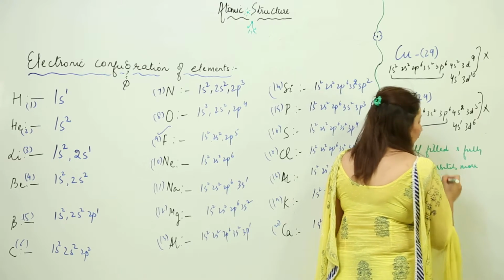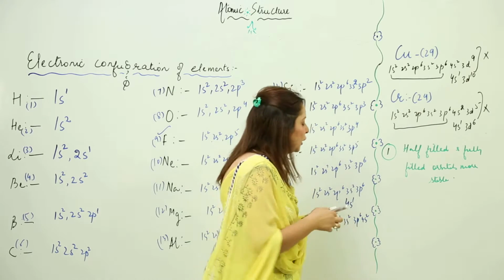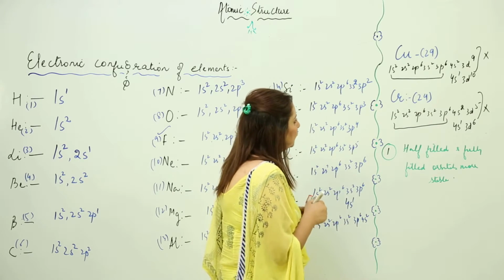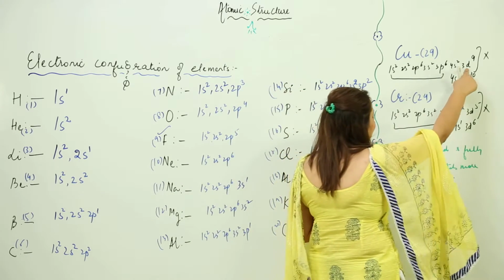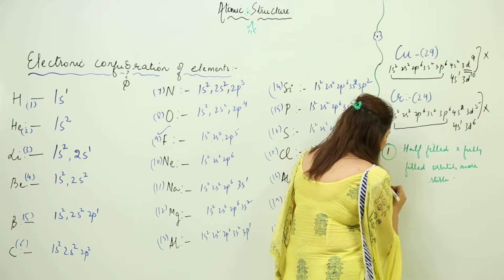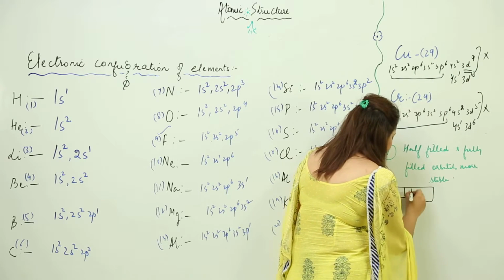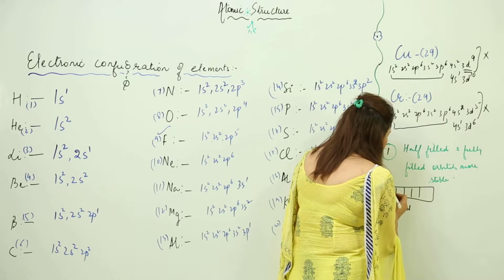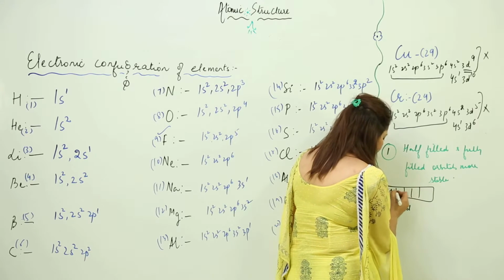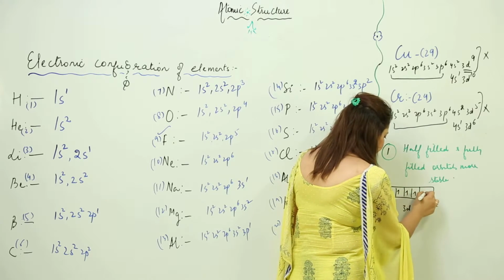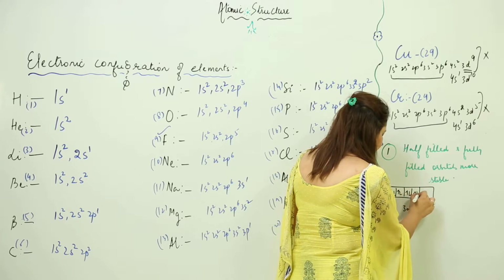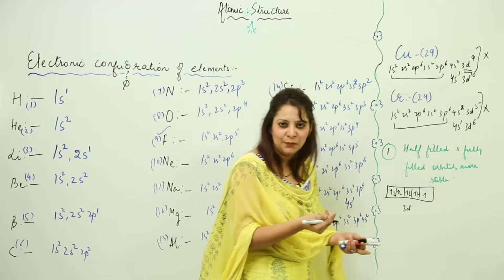And obviously we are looking for the stability of an atom, right? So that means how they are fully stable. Here, if we talk about 3d9, that means d has 5 orbitals. So how many electrons does it possess? 9: 1, 2, 3, 4, 5, 6, 7, 8 and 9. Oops, it's not completely filled.